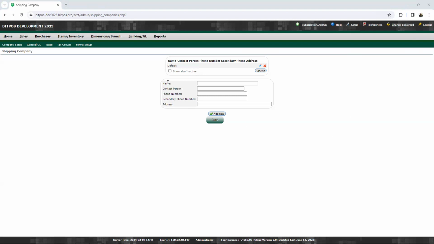So the name, which means the name of the shipping company, which identifies the business. The contact person, which means the individual within the company who serves as the primary point of contact for inquiries or business dealings.